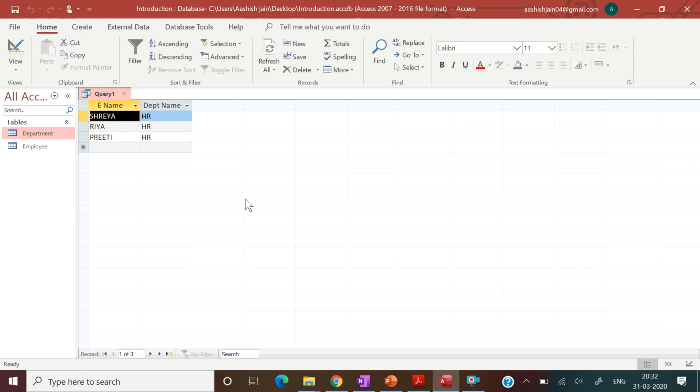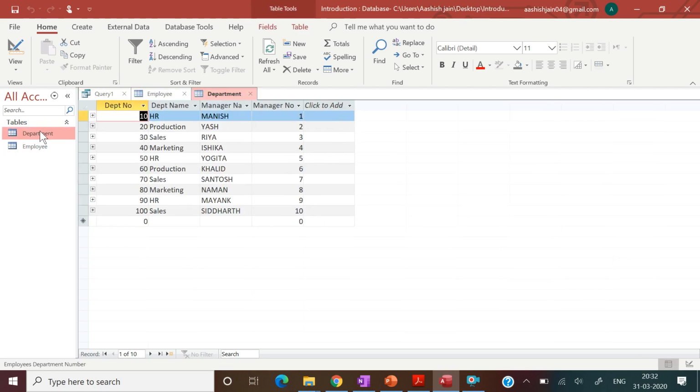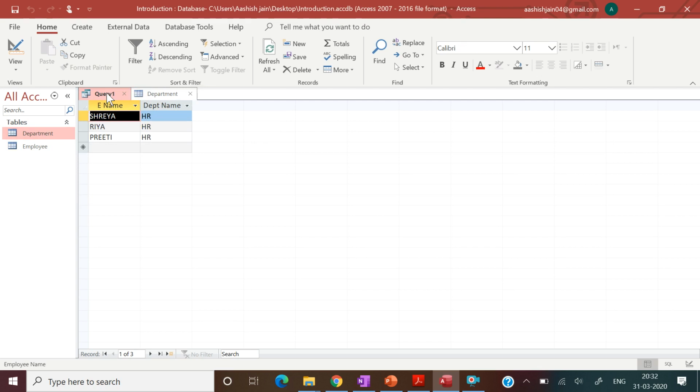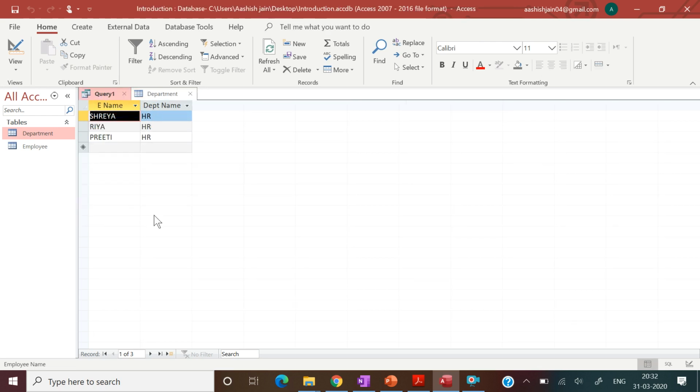Now if you want to check, you can go to employee, sorry, department, and look at the HR department. There are only 3 employees who work for the HR department: 1, 2 and 3. And this is giving all the information of the employees. So now save this first query, Ctrl plus S, and click OK as Query 1. Okay, so we have completed the first query.